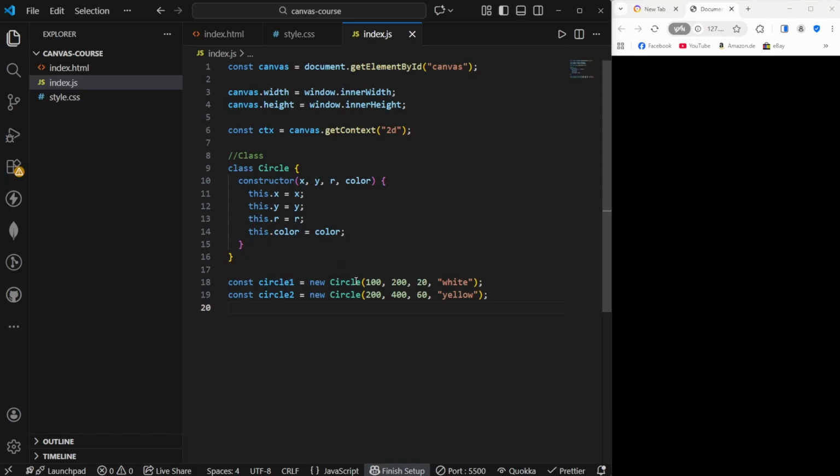We are not able to see those circles yet, but those circles have different properties. And this always refers to the object that has been created by using this constructor. So for this object right here, this refers to this object. For this object, this refers to this object. So for this object, this.x is equal to 100, this.y is equal to 200, this.r is equal to 20, and so on. And for the second object, this.x is equal to 200, this.y is equal to 400, this.r is equal to 60, and this.color is equal to yellow. So I think you get the idea. And now we can use this